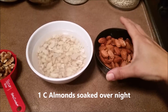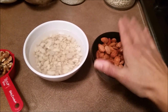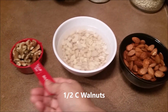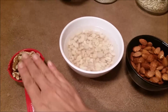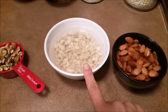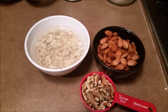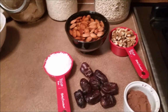So first off, I have these almonds. They've been soaking overnight. And I have the cashews that have been soaking overnight. So this is 1 cup of cashews, 1 cup of almonds. I have half a cup of walnuts. Those are not soaked, those are just whole. The cashews are going to be for the filling, the almonds will be for the crust with the walnuts. Okay? So the rest of the ingredients for the crust are going to be